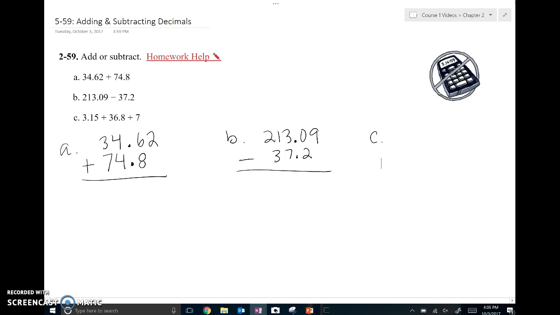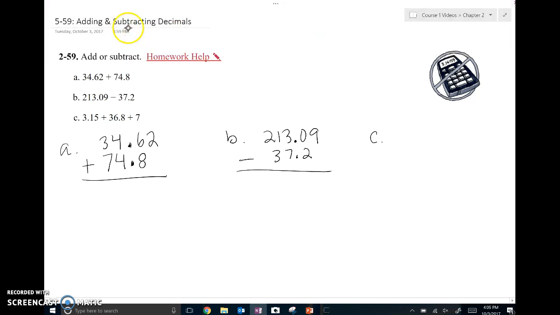The first thing that I always make sure I do is I line the problems up going vertically instead of horizontally. That way I can line up my decimal points, and that makes sure that I'm adding and subtracting the same place value. So I don't want to be subtracting the tenths place from the ones place. I want to make sure that I'm subtracting and adding ones with ones, tens with tens, tenths with tenths, and